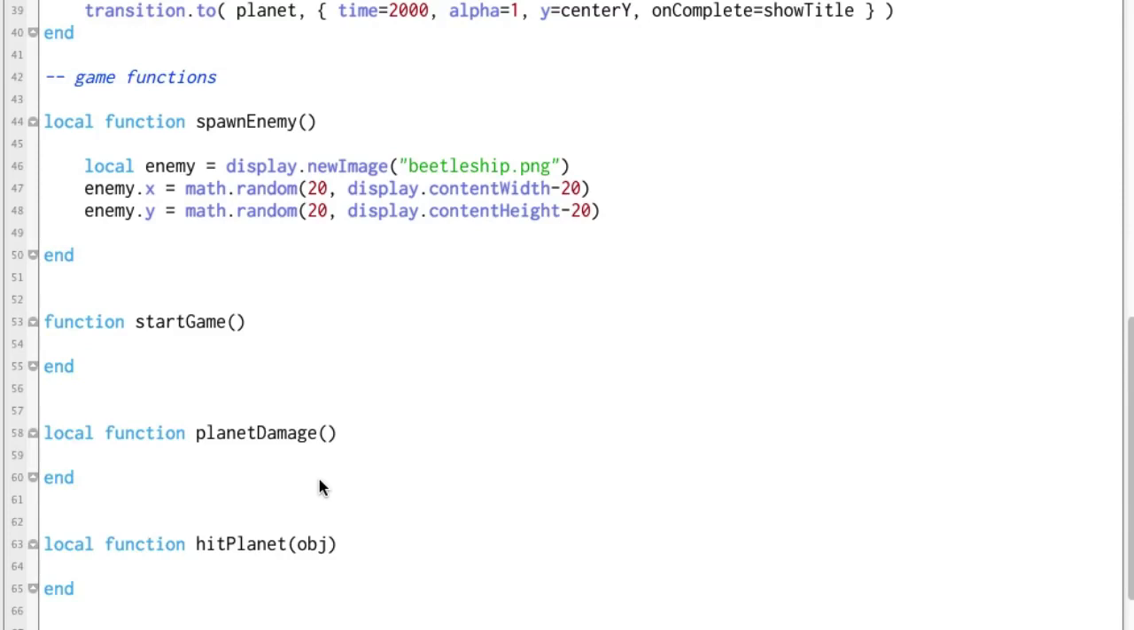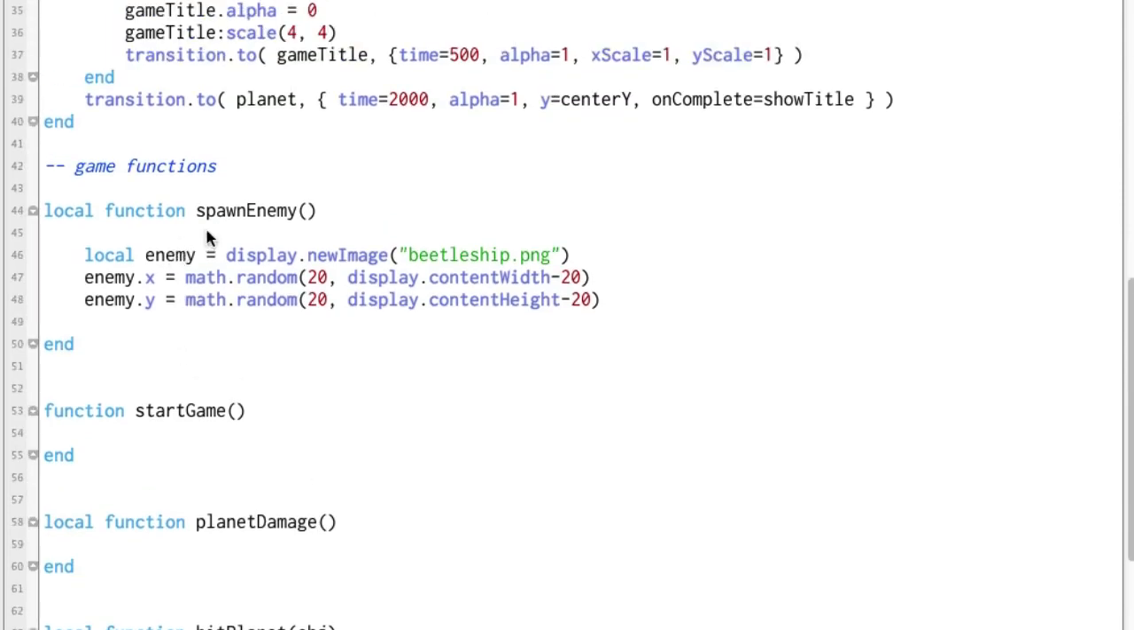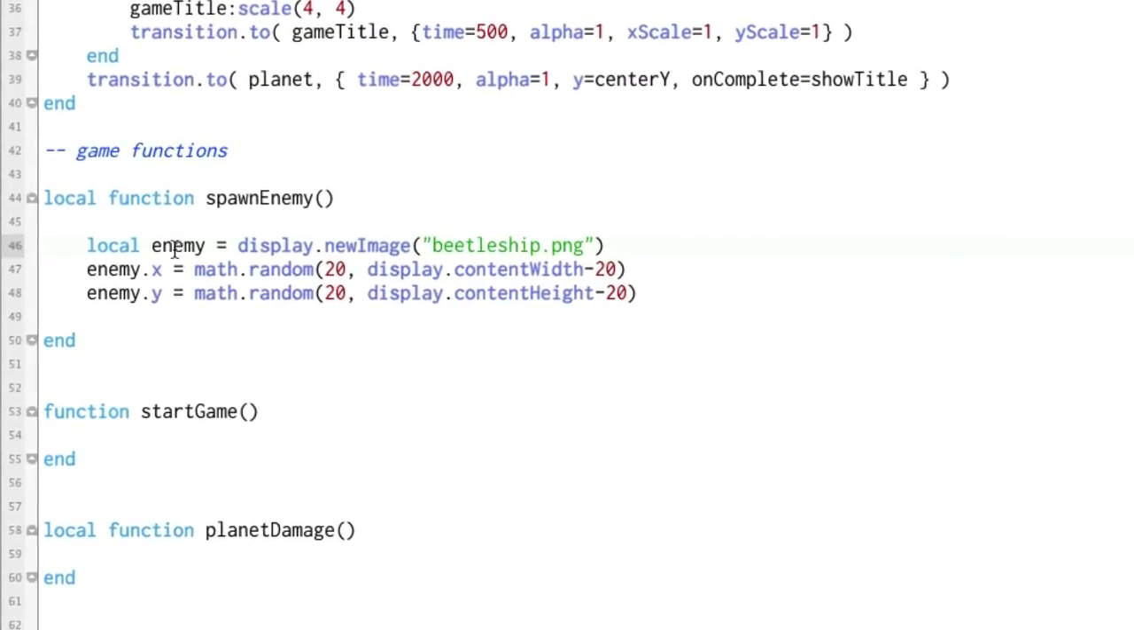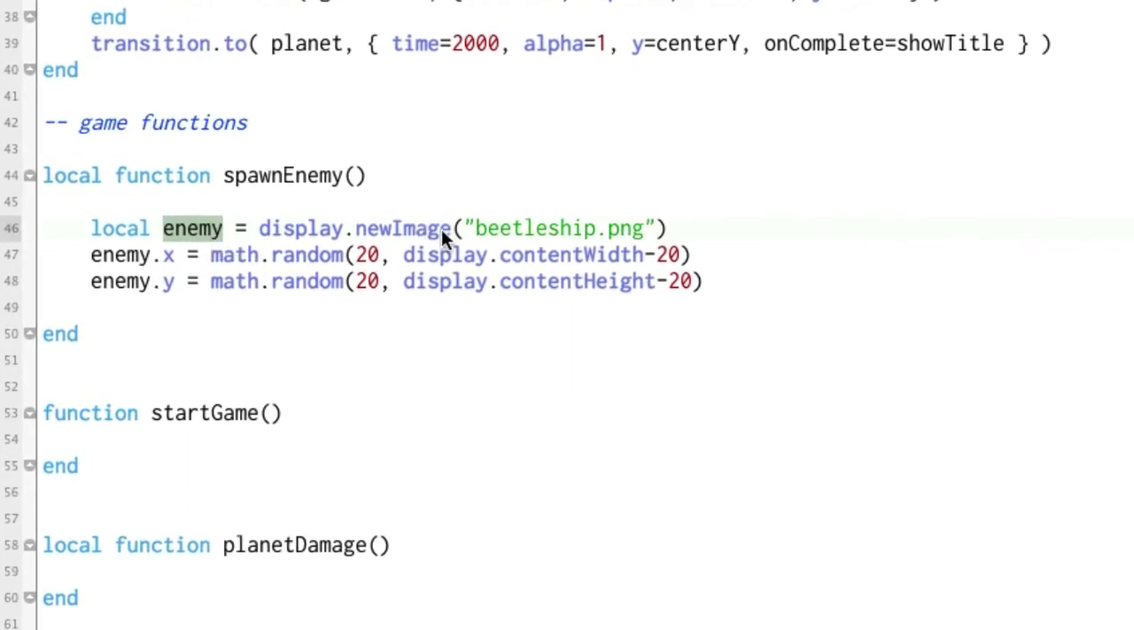The other thing I did was I went ahead and typed in 3 lines of code here under spawn enemy. We're creating a local variable called enemy, and we're setting it to this beetleship.png. And then we're setting the x and the y, and we're using Lua's math library and the random function. So math.random, and then we can pass in 2 things. The first one is the minimum number we want, and the second one is the maximum number we want. And in this case, we're using something from Corona called display.contentWidth - 20,